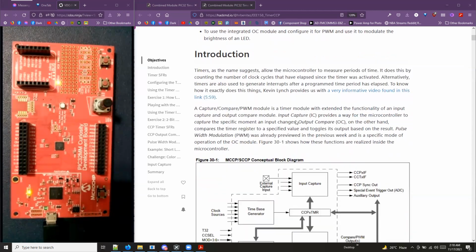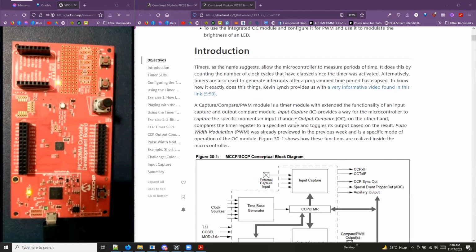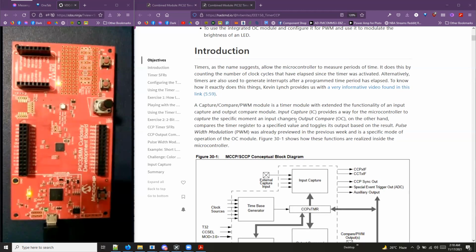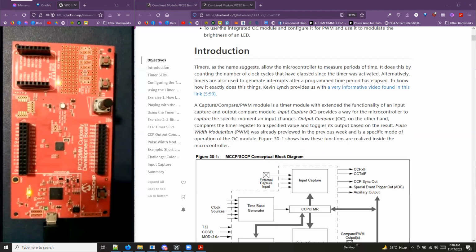So introduction. So timers, as the name suggests, allow the microcontroller to measure periods of time. So nagagawa to ng microcontroller by using a counter basically ng clock cycles. So bibilangin mo yung pumapasok na clock cycles. So for example, if meron akong timer block dito, timer. And then may input tayo na clock signal sa kanya, high, low, high, low, high. So basically si timer ang ginagawa niya lang is kinakount niya yung number of high pulses. So after 3,